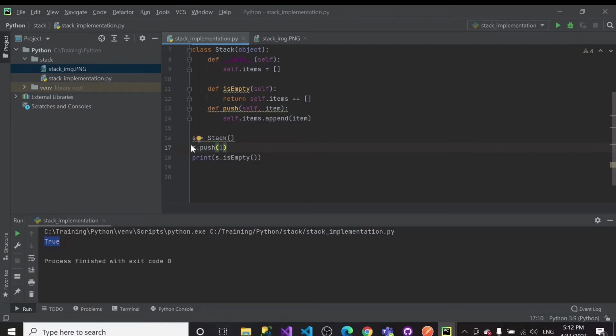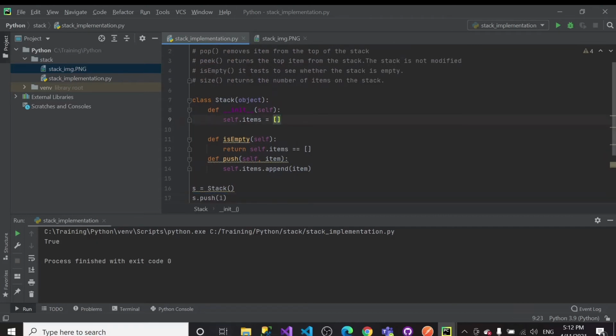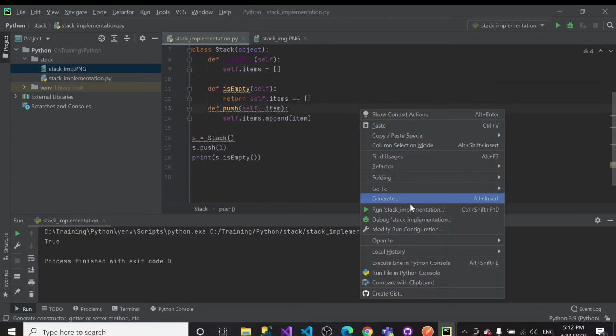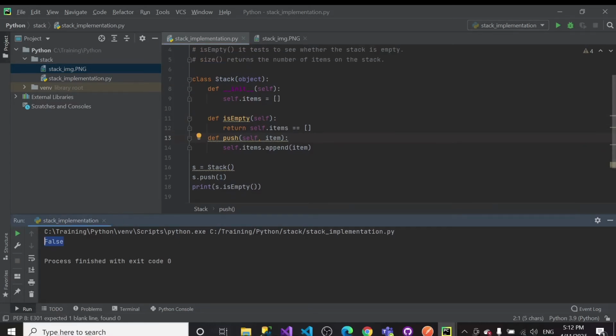So when we push the first item to be 1, then we call the isEmpty method. Then basically we should see that this one is going to change to false, the one we have right here that I just highlighted here. Because we are pushing an item, our list is going to contain one item. So let's push that and see what we get here. So we push, and immediately we can see this is false because we have an item in the